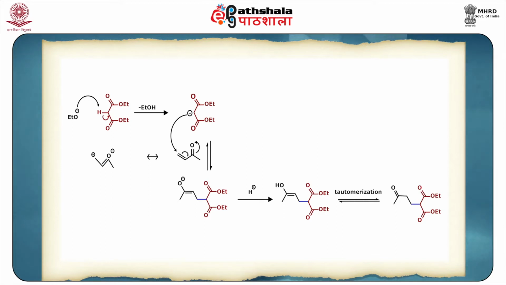Now, this carbanion in turn will be attacking the beta carbon to the carbonyl of the conjugated carbonyl. So, this double bond is being attacked by this carbanion at this beta position, and as a result we get this oxyanion. And further on, as this O minus takes the proton, you get this enol, and this enol will undergo tautomerization to eventually give you this product.